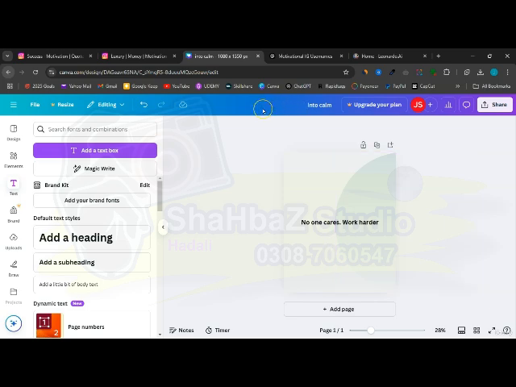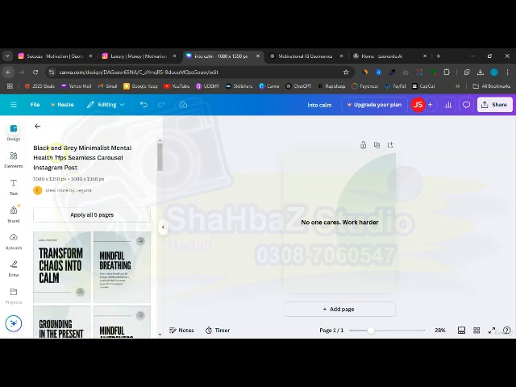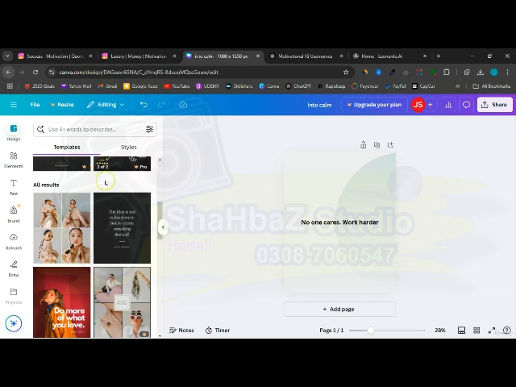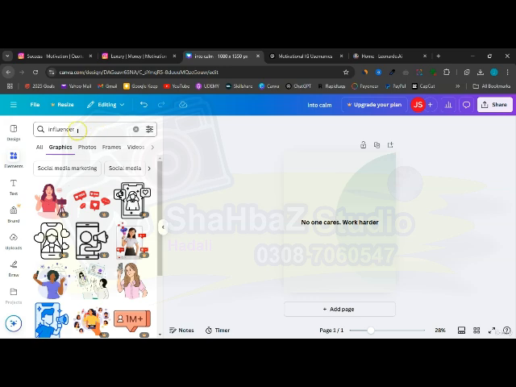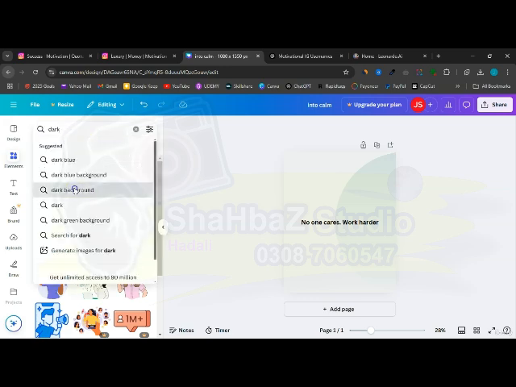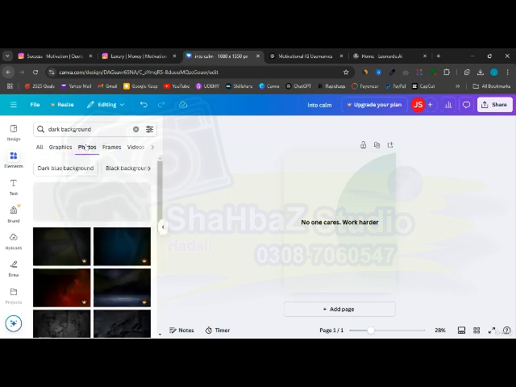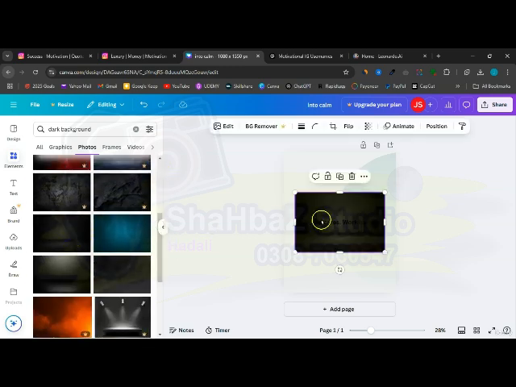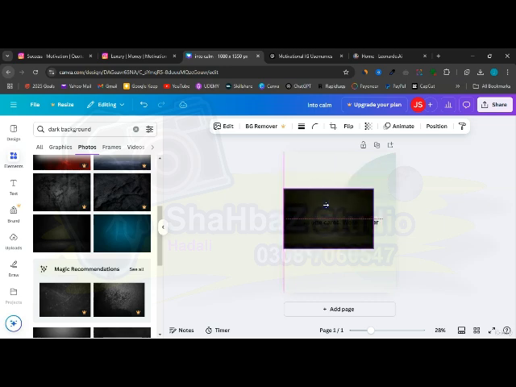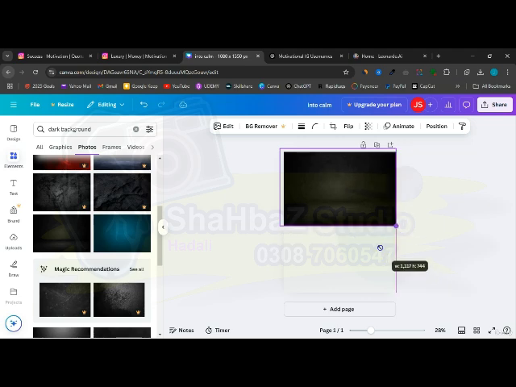So what you can do is find an image and add it as your background, or you can use one of the templates right here. Let's go over here to design, and you have all these templates you can use. If any of these templates have a specific background that you want, you can use that, or you can come over here to elements and search for, let's say, dark background. And go over here to photos, and you can find a photo that you can use as your background right here. For example, you want to use this, you can copy that, double click, drag the corners to adjust the size like that,